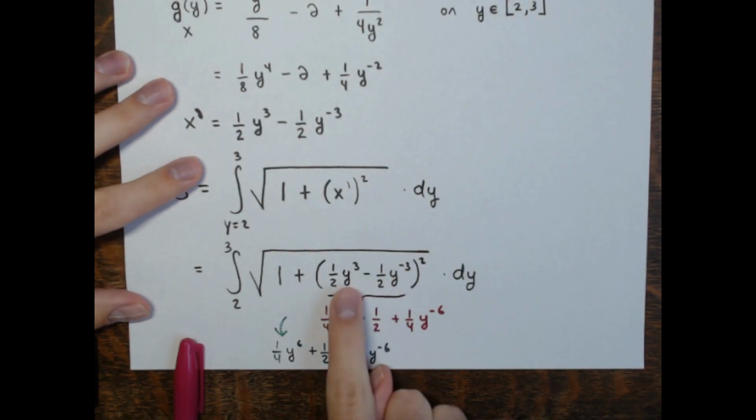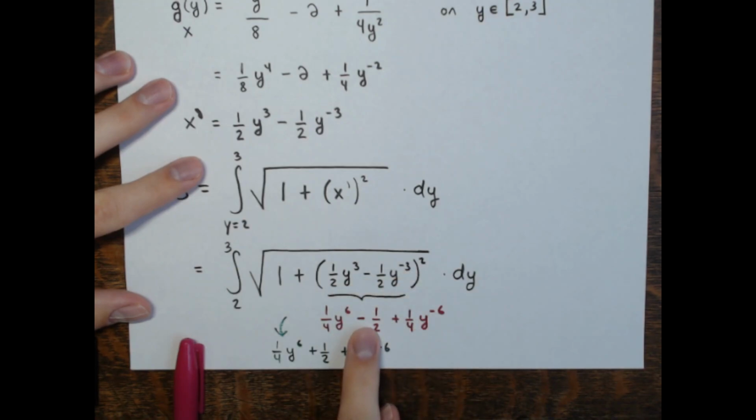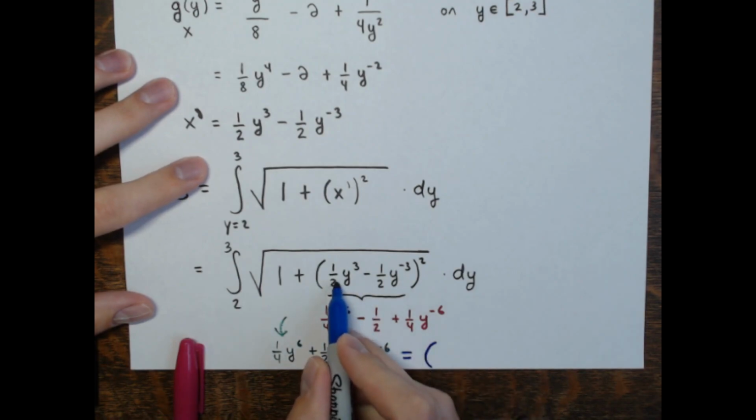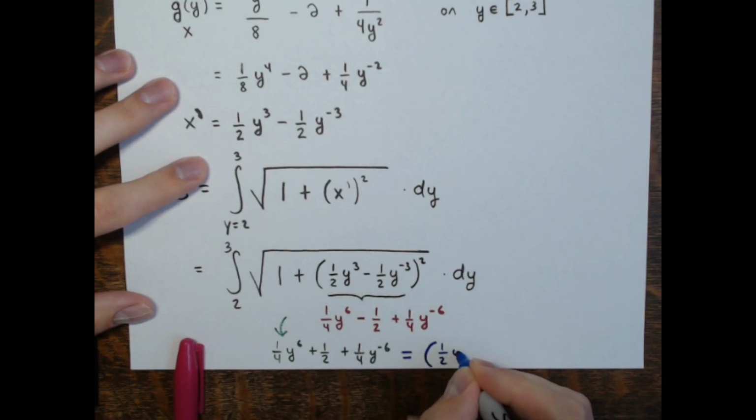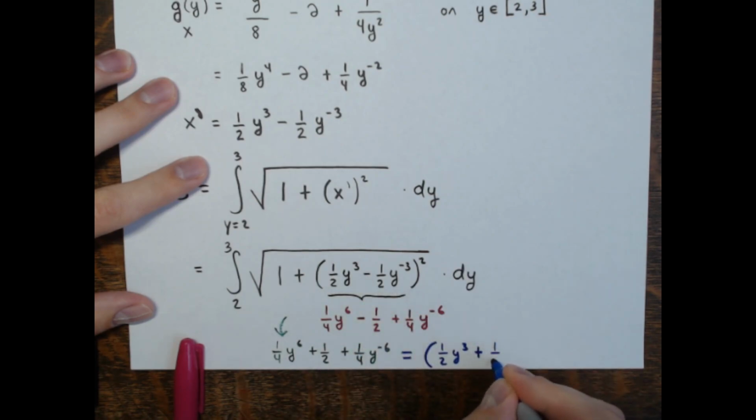When I square half y cubed minus half y to the negative third, I got this and this with minus a half in the middle. You see this expression on the bottom is the same expression, but with plus a half in the middle. So this expression is just the quantity half y cubed plus half y to the negative third, squared. And check it out. If I were to square this, you get a quarter y to the 6th,